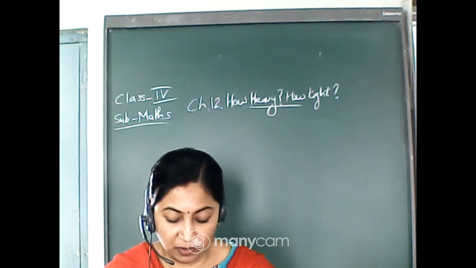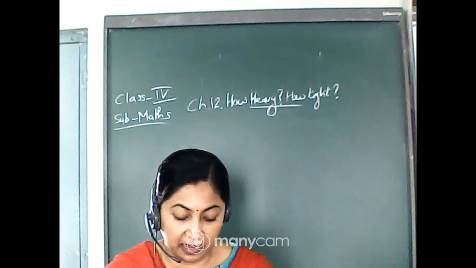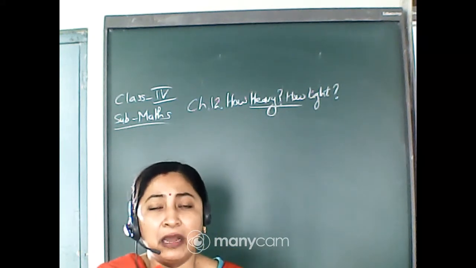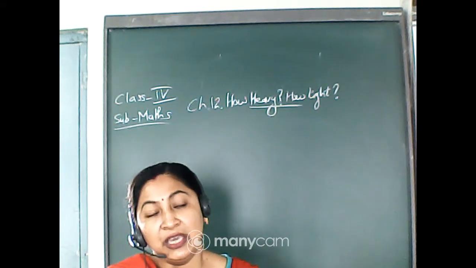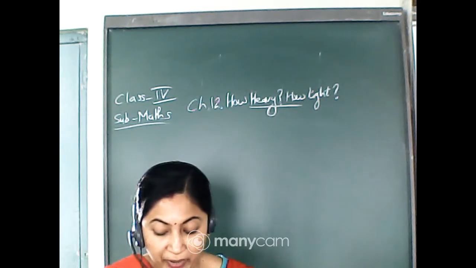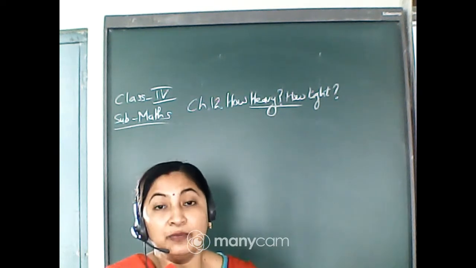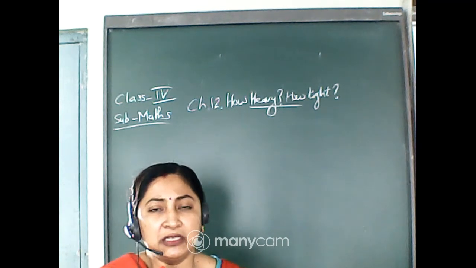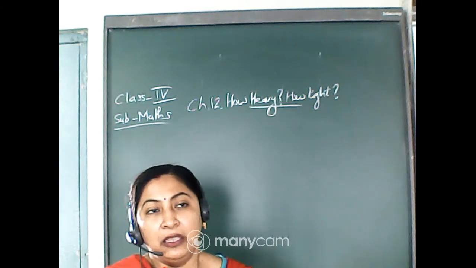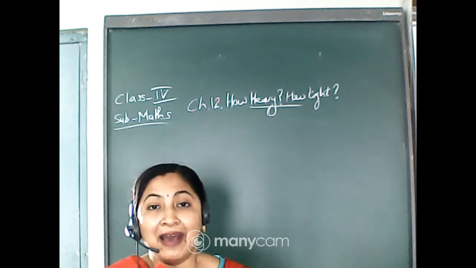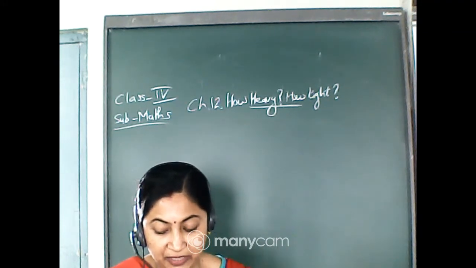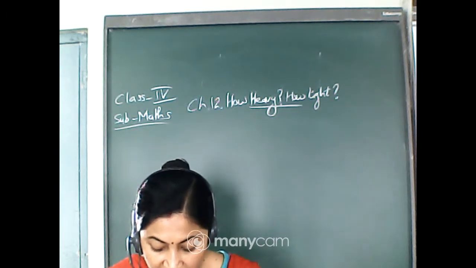Then on the next pages, 138 and 139, we have done which things you have to weigh in kilograms and which things in grams. That means the things which we use in less quantity, suppose soaps, toothpaste, tea, pepper, mustard seeds, come in small quantity. That's why we weigh these things in grams. Whereas in our everyday life, we weigh rice and wheat in kg. So these things come in kilograms. This we have done in our previous class.